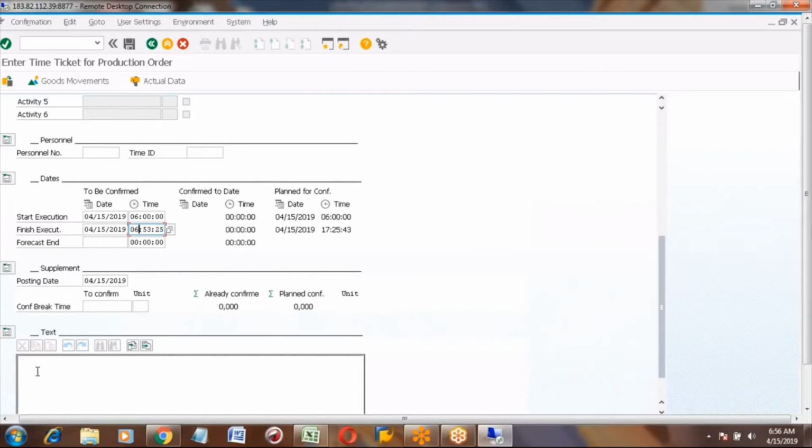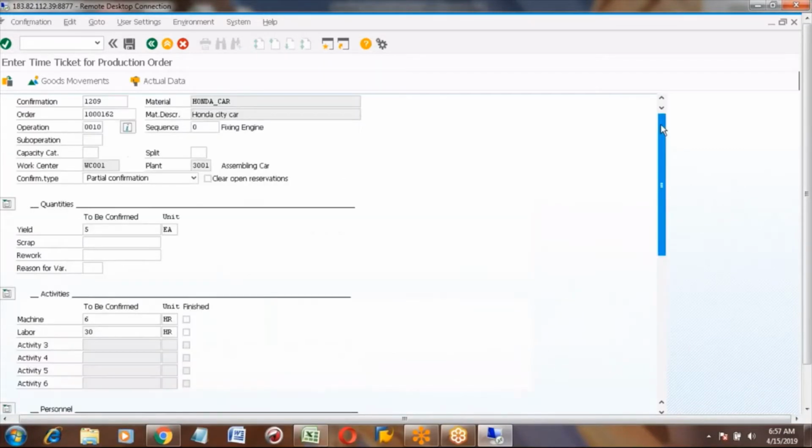In the bottom, under the text, you can enter some information, for example, extra labor used for arranging the engine. These details you can enter, and finally you can click on the save button.